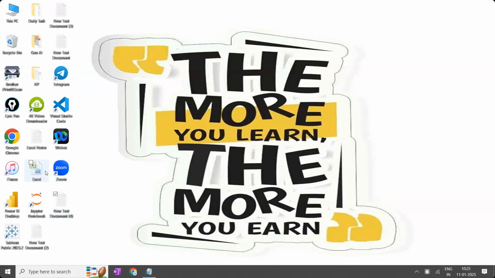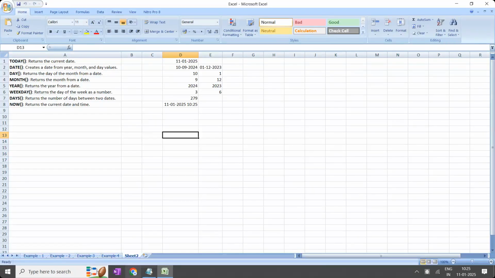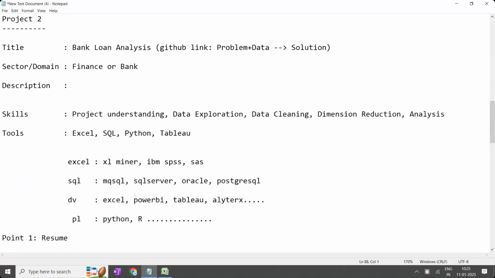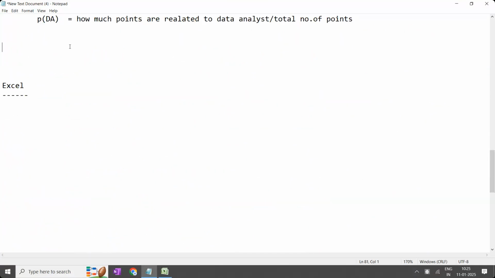Now coming back to the Excel. Make sure that this is more important to you. Your projects, what you are going to write, try to cover the projects during your holidays. Any projects, particularly for the resume. One more, last one: when the resume building session comes, in the resume we have to add something. What are the things we are going to add? Skills. Along with the skills, how you have to add, I'll share with you.